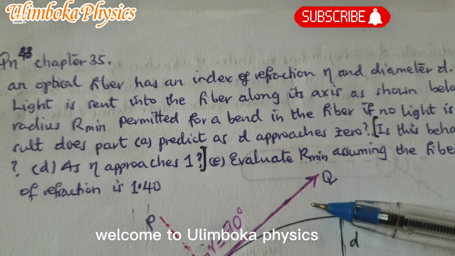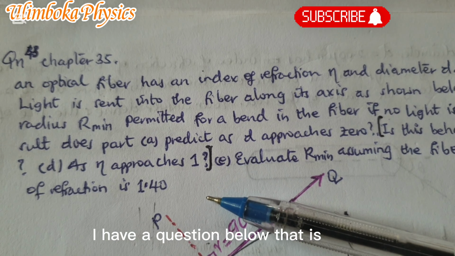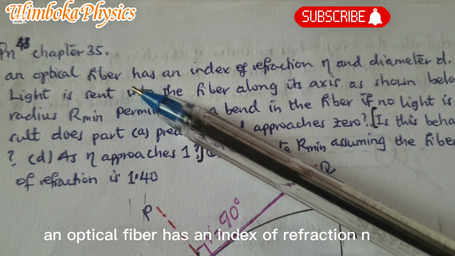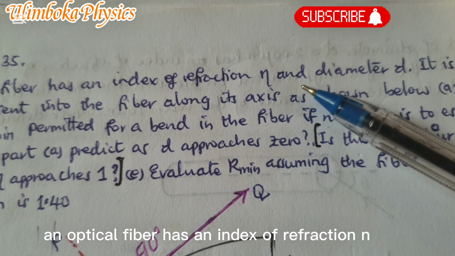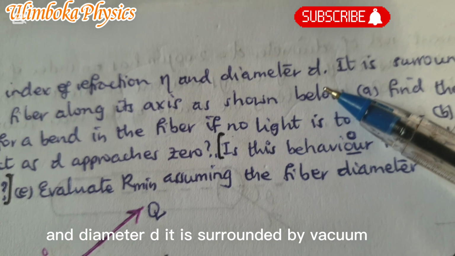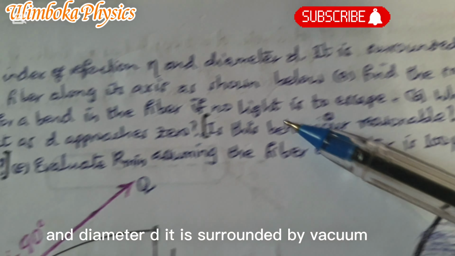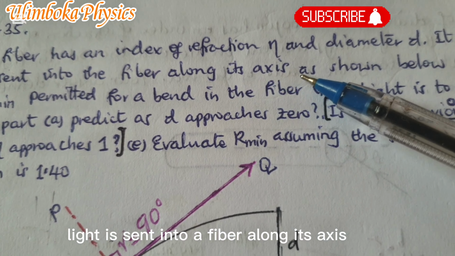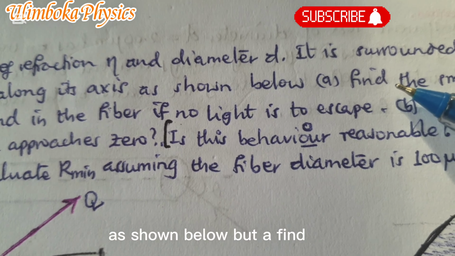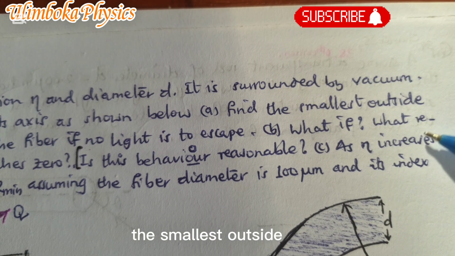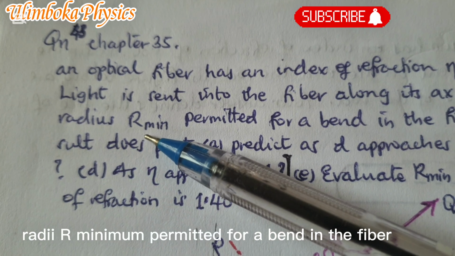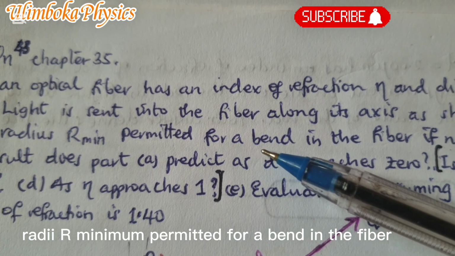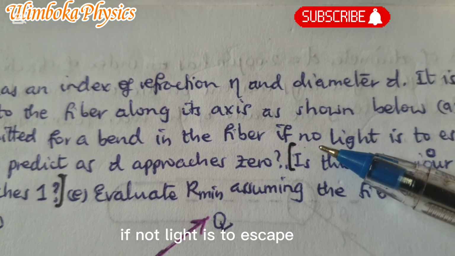Welcome to Ulimboka Physics. I have a question below that states that an optical fiber has an index of refraction n and diameter D. It is surrounded by vacuum. Light is sent into a fiber along its axis as shown below. Part A. Find the smallest outside radius R minimum permitted for a bend in the fiber if no light is